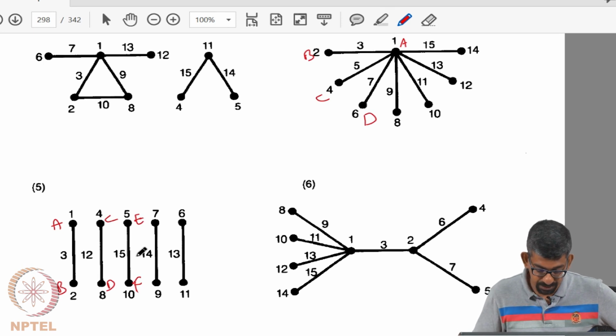Okay. If you have that, so there are multiple combinations of linear graphs. Okay.